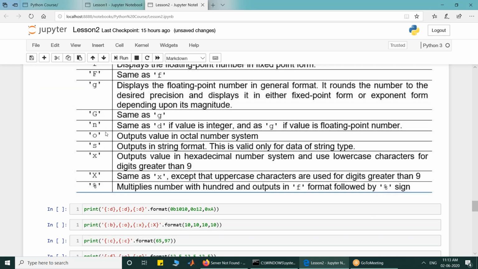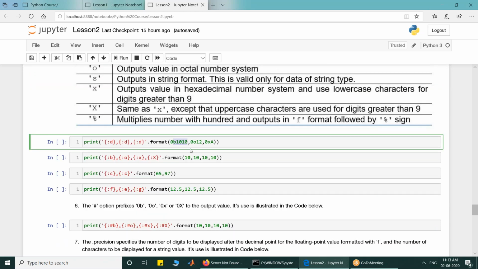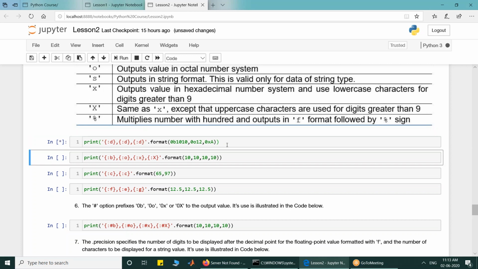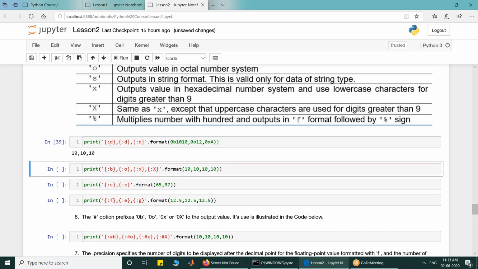So this refers to the type, which means decimal equivalent. I have written a binary number, an octal number, a hexadecimal number. I want to print them in decimal number format, so I can do that.